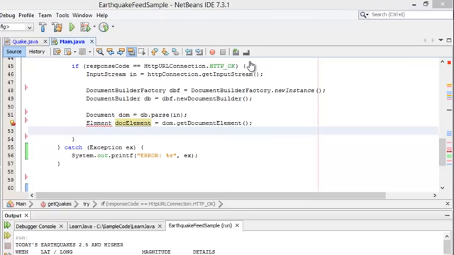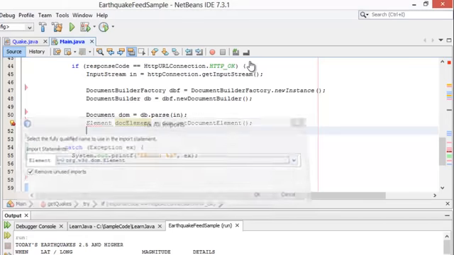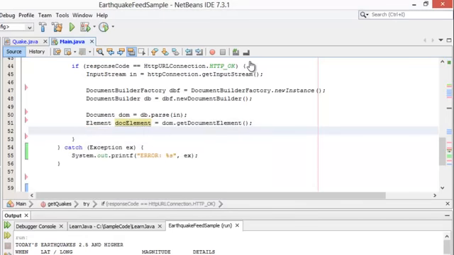That gets me the document elements. You can see I'm importing all sorts of classes along the way, libraries. Then I could say NodeList docElement